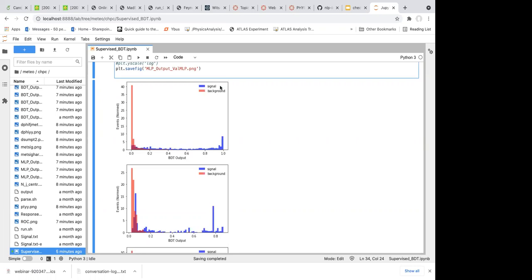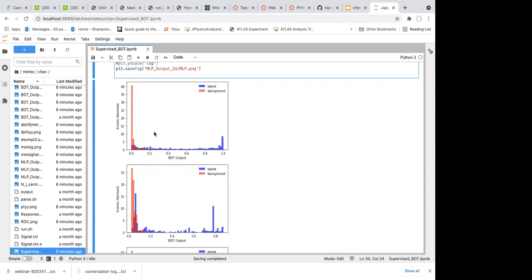If all of the signal events are given a score greater than 0.2, and at the same time all the background events are given a value smaller than 0.2, then we can say the signal and the background are 100% separated. It's like a blue ball and a red ball, you can easily separate them 100% by color. That is the ideal case.